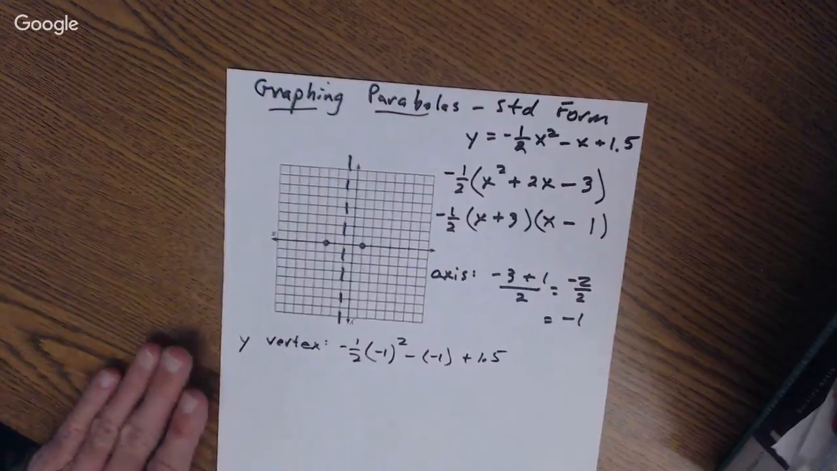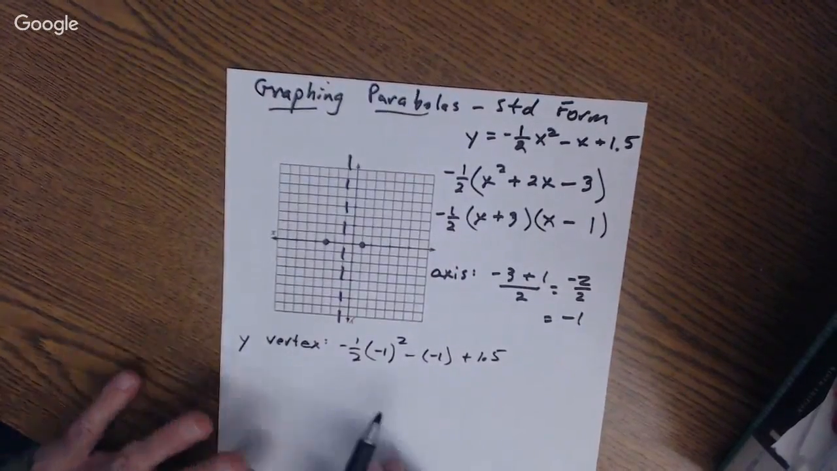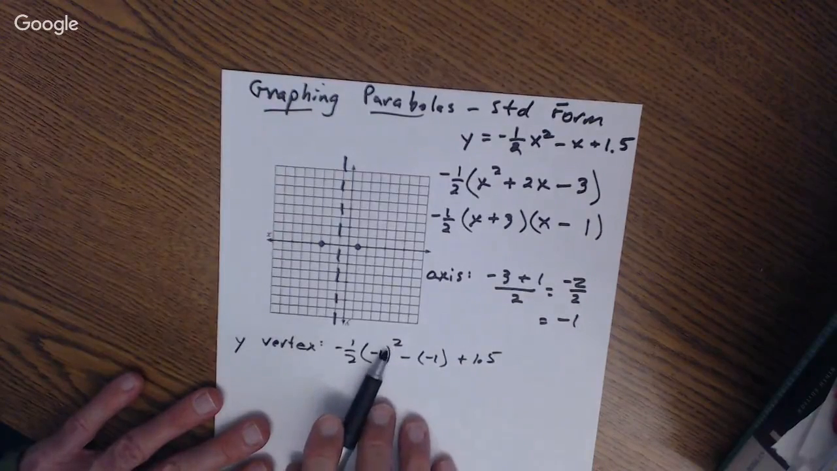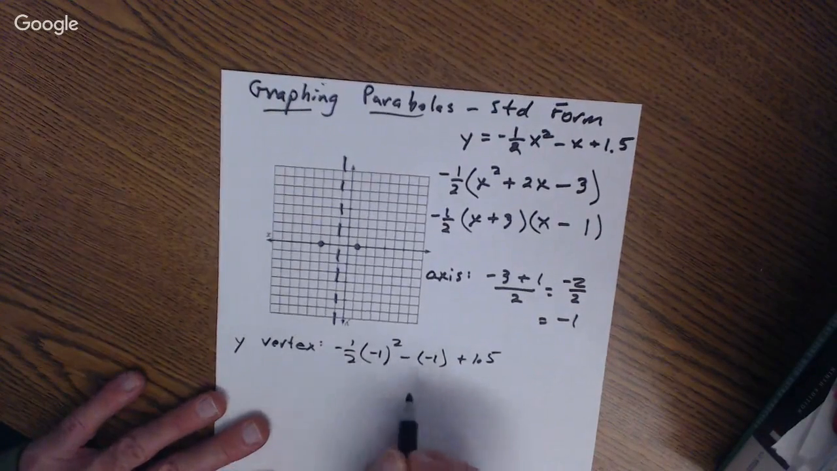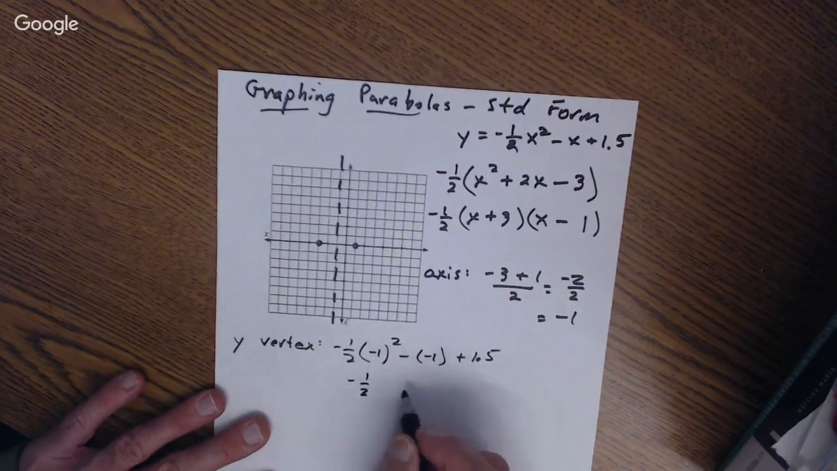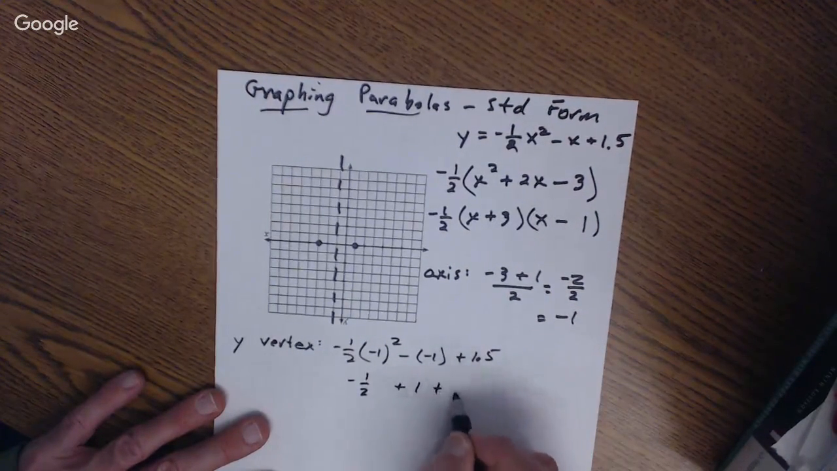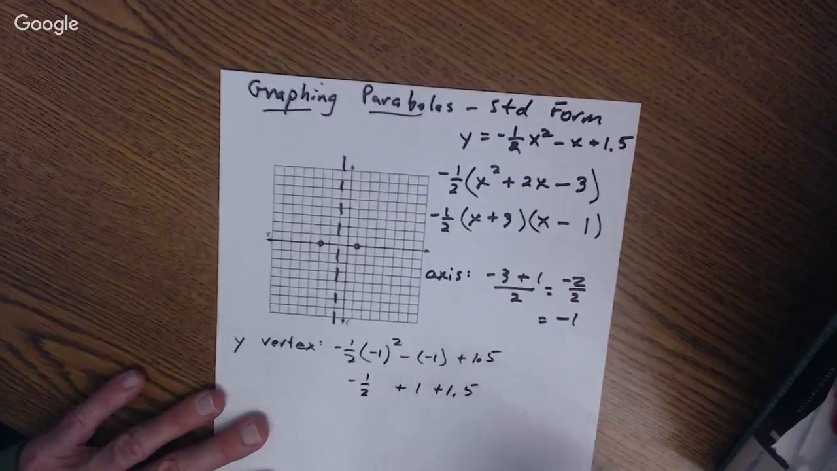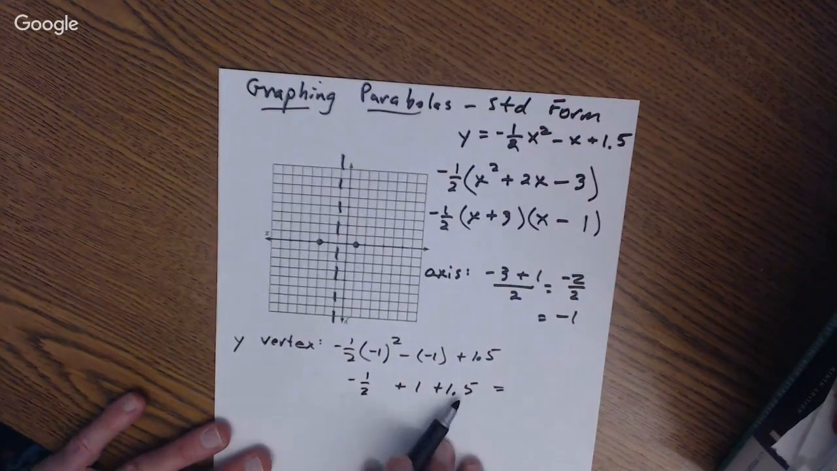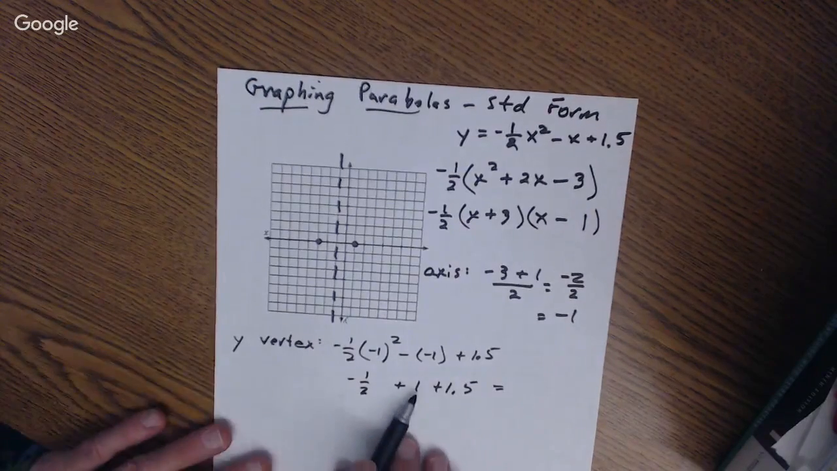You can do this on your calculator. This one's pretty simple. We can do it in our head. Negative 1 squared, remember PEMDAS, you have to do it in the right order. Negative 1 squared is 1, times negative 1/2 will be negative 1/2. Minus a negative 1 is going to be plus 1, plus 1.5. And that, of course, is going to equal negative 1/2 and positive 1.5, is positive 1, and positive 1 is